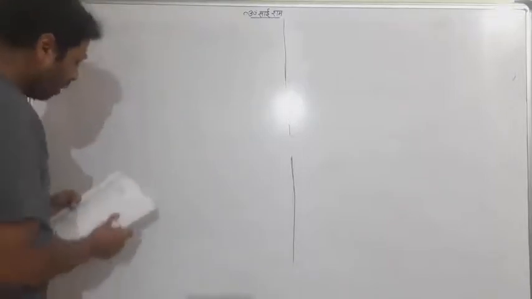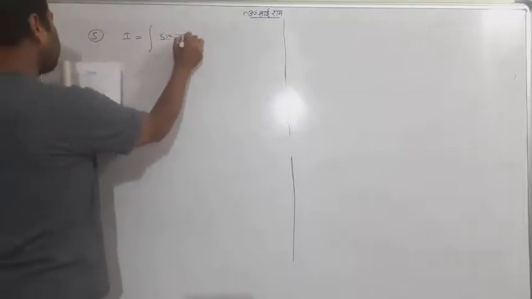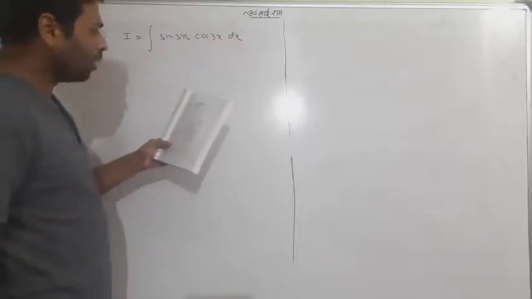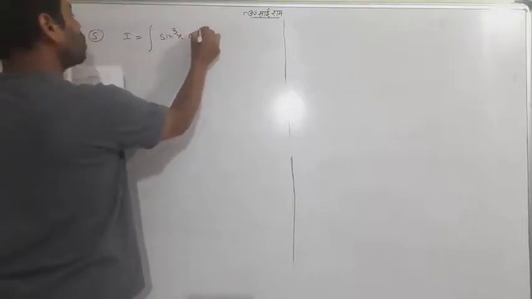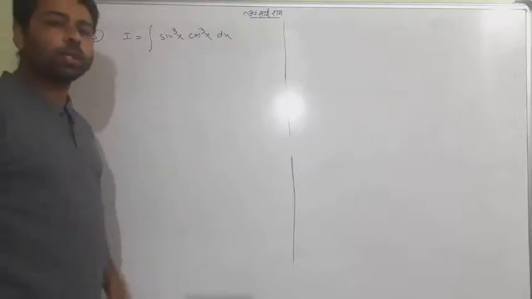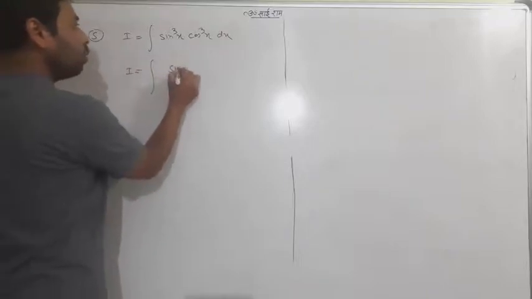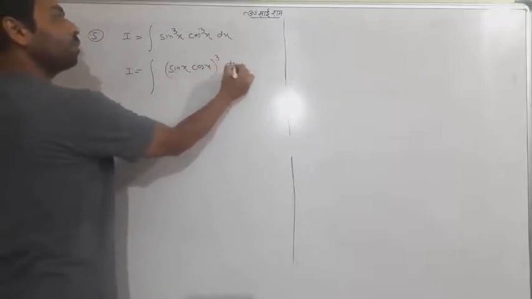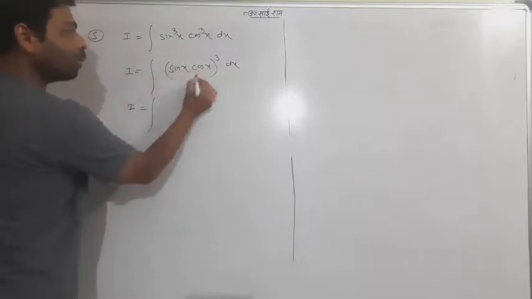We have question number 5, which is wrongly printed here, but I know the method. It is sine cube x into cos cube x. Don't be afraid about the question. I tell you one thing: look at it. It's sine cube x and cos cube x, it's a whole cube. Then what I feel is that sine x and cos x...